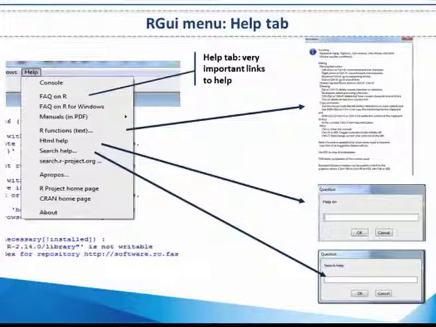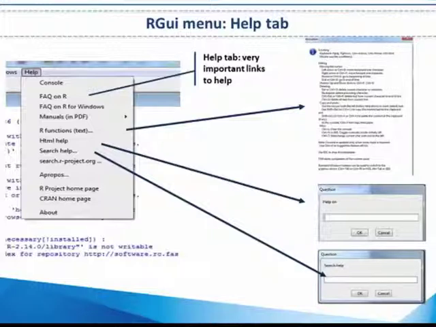The option R project homepage and CRAN homepage send you respectively to the official website of the R project and the comprehensive R archive network, which is also known as CRAN. This is where you will find all the documentation that you may need. The other functions open a window in R to request the question of the user regarding the help he might need on a R function.